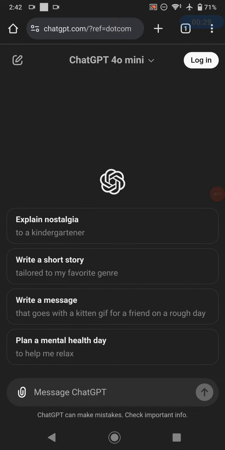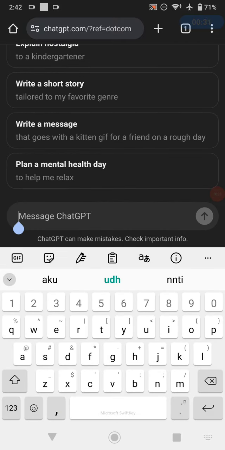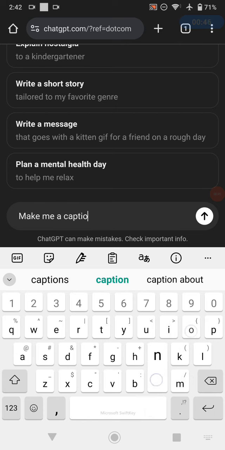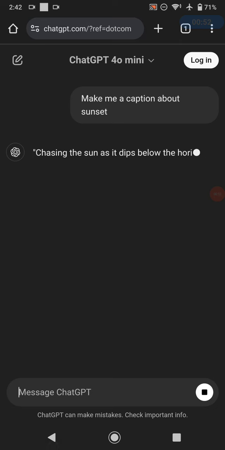Here on the website you can type anything you want, but for today's tutorial we will use this AI to make a caption. For example, I will tell the AI to make me a caption about sunset, then send,